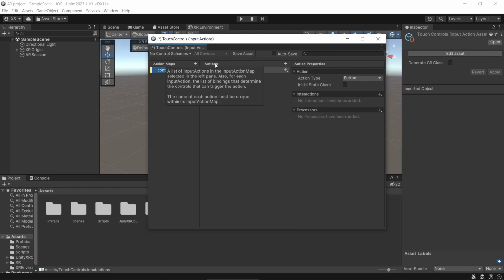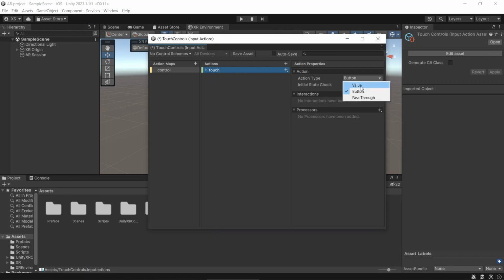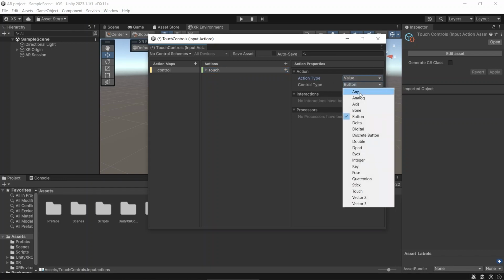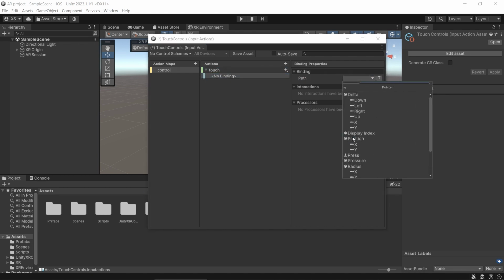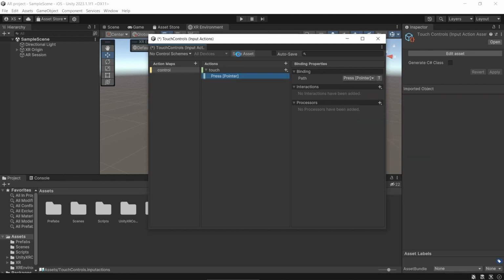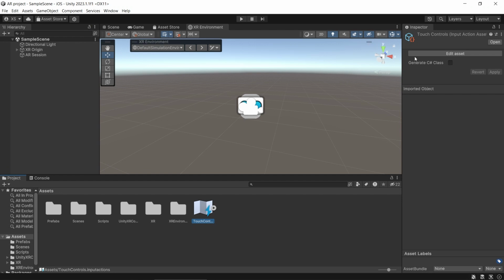Then create a new action and call it Touch. Let's set the action type to Value and the control type to Any. Add a new binding. In path, click on Pointer, then click on Press. Save it. Let's generate the C# class. Click Apply.